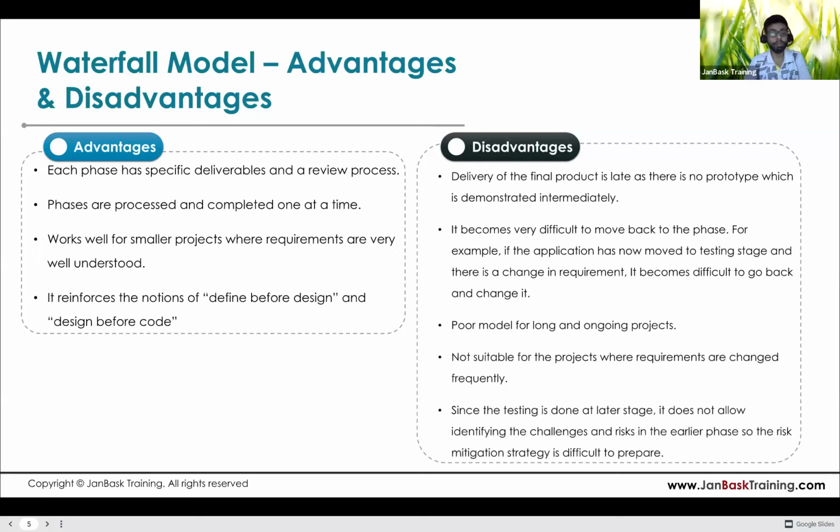Then phases are processed and completed one at a time, right? As there is no overlapping of the phases, phases are processed and completed one at a time. Now it works well for smaller projects where requirements are very well understood. So if your requirements are well understood and not changing, that is something you also need to keep